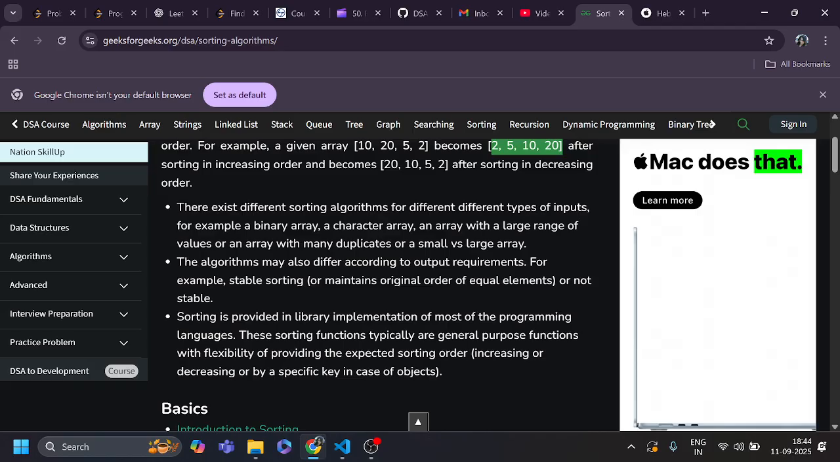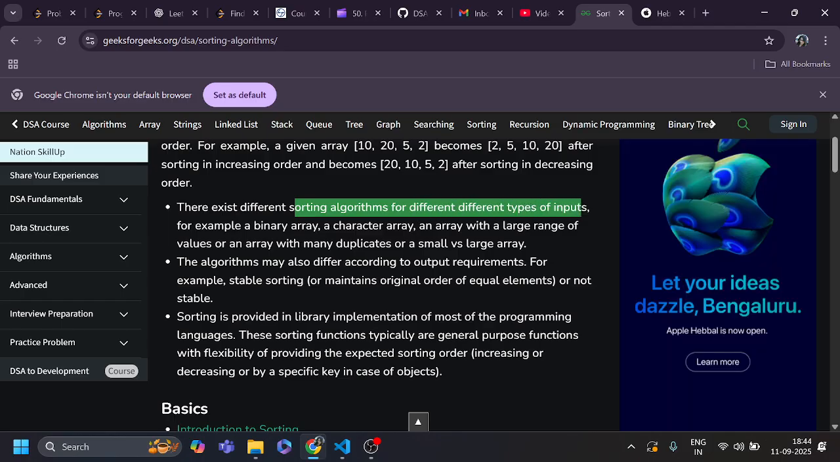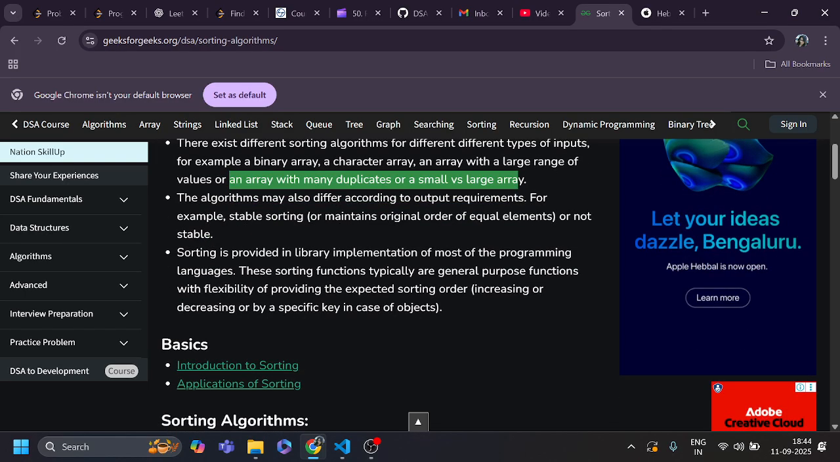So here you can see there are different sorting algorithms for different types of inputs, like for example binary array, character array, or array with a large range of values, or array with multiple duplicates, or a small versus large array. So algorithms may also differ according to the output requirement. So we have different algorithms according to our need or output requirement. So for example,